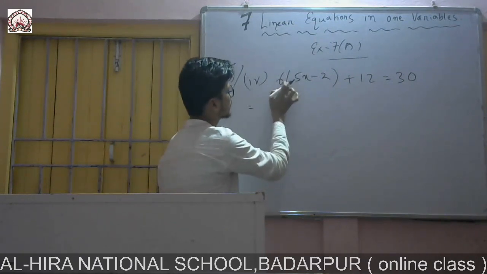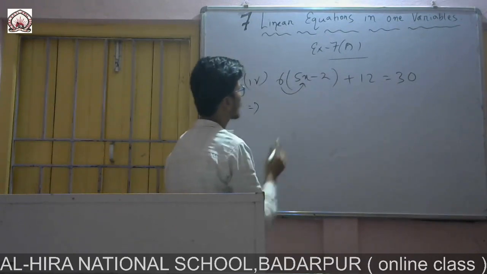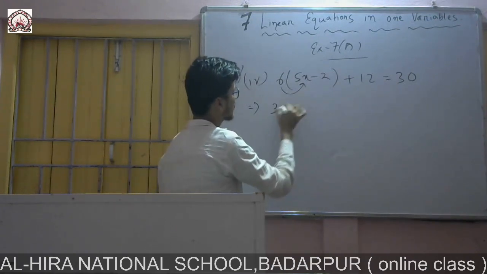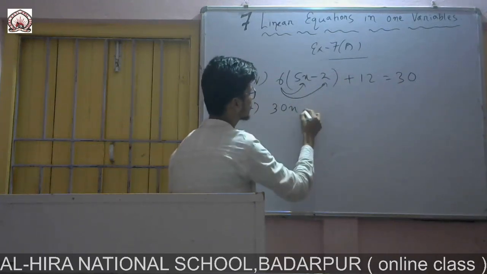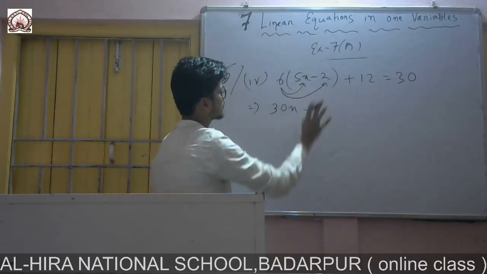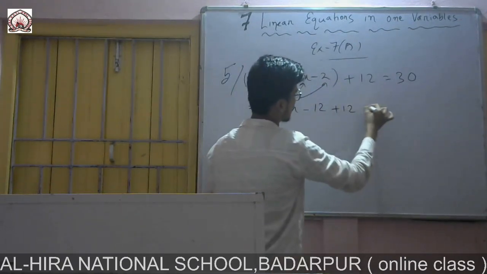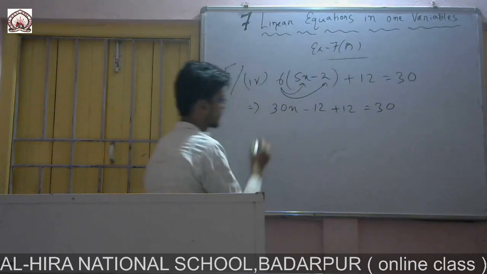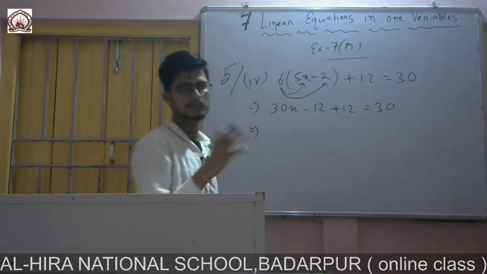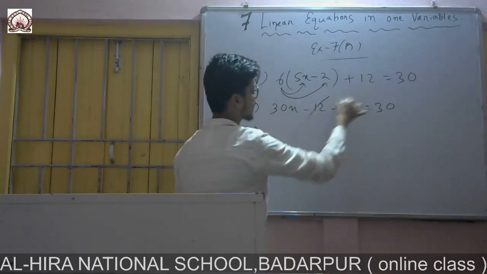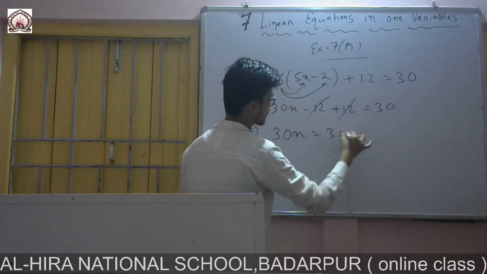There is no sign, that means it is multiplied. So first of all, I will multiply this 6 with this one. 6 into 5 is 30 and x will be the variable. Again I will multiply this 6, the sign will be the same, it is minus. 6 2s are 12, then there is 12 left, and that side 30. So now you see minus 12 plus 12, it is 0, so I can cancel these two. They are left only 30x and that side it is 30.